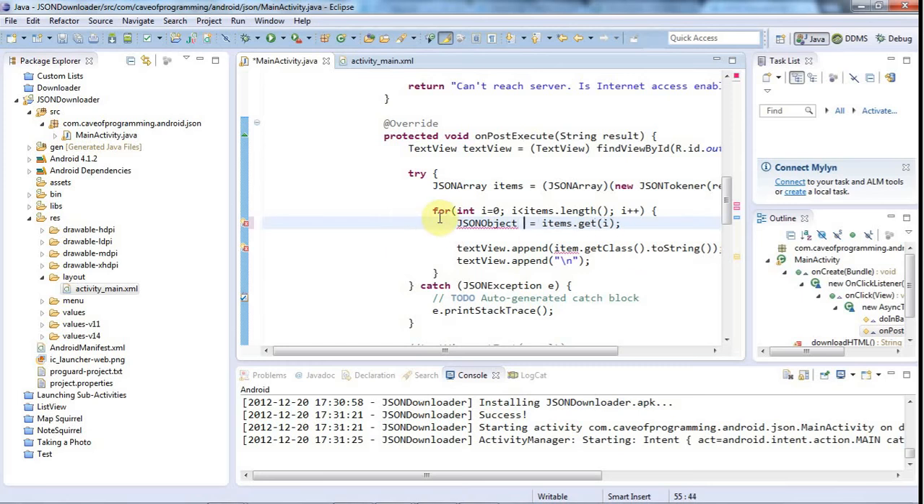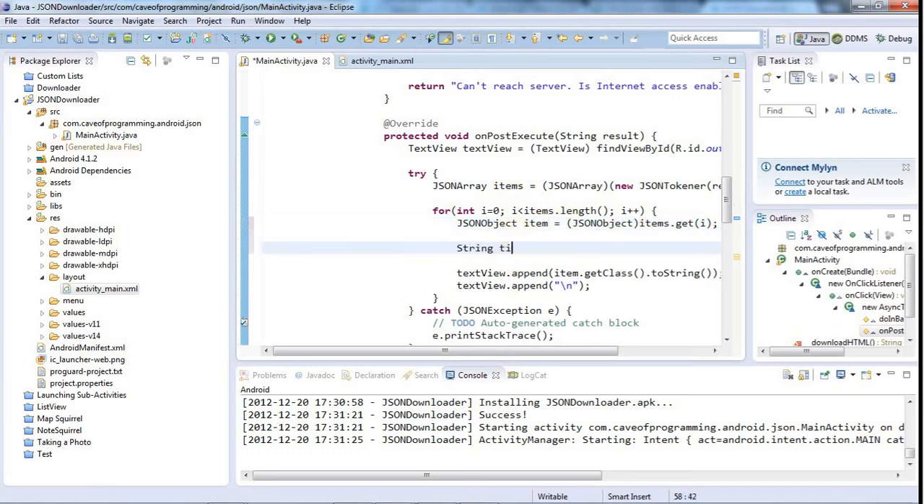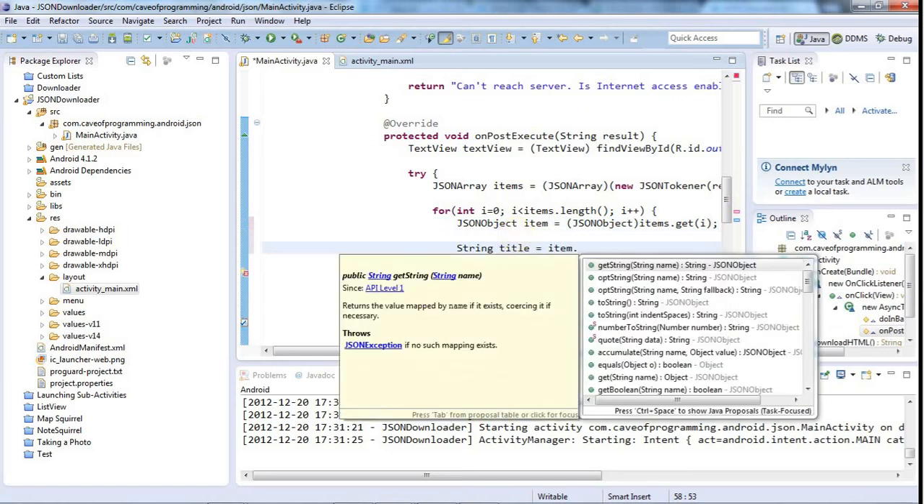So let's say JSON object, well, I could call it item still, couldn't I? JSONObject item equals items.get, and cast that to a JSONObject, and add the import for JSONObject, and let's say String title equals item, and now I can use item.getString, and